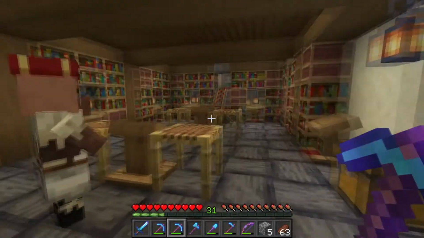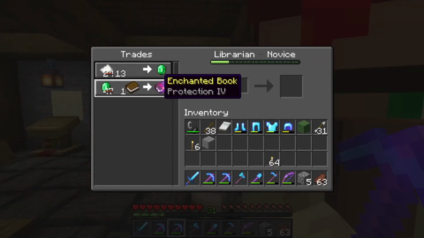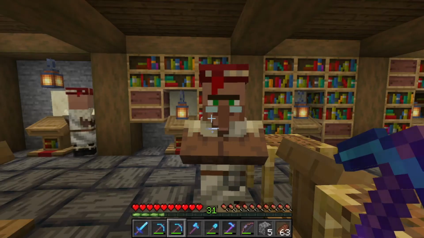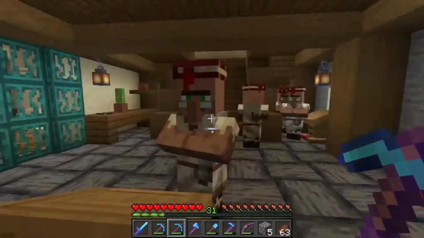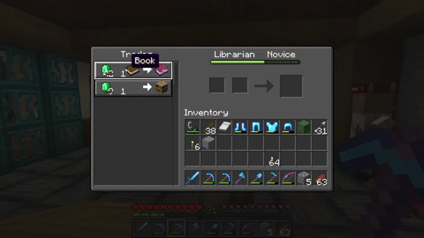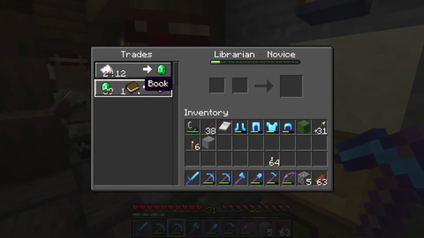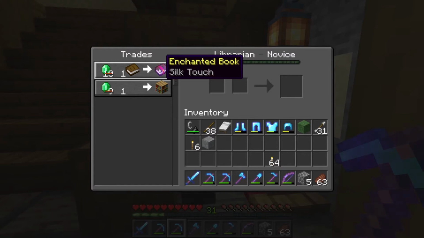But so we've got these guys in here. They have all been converted twice. So like this guy, protection 4 for 1 emerald in a book, and he'll take 13 paper for an emerald. So yeah, every single one of these guys is 1. That's efficiency 4, looting 3 for 1 emerald in a book. Yeah, it's great. Silk touch